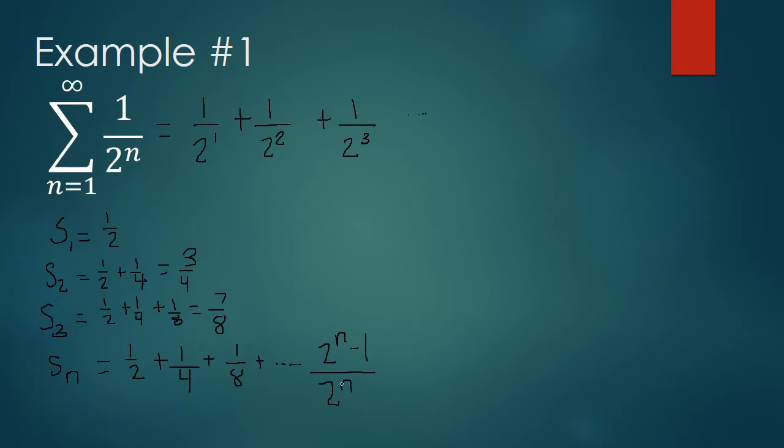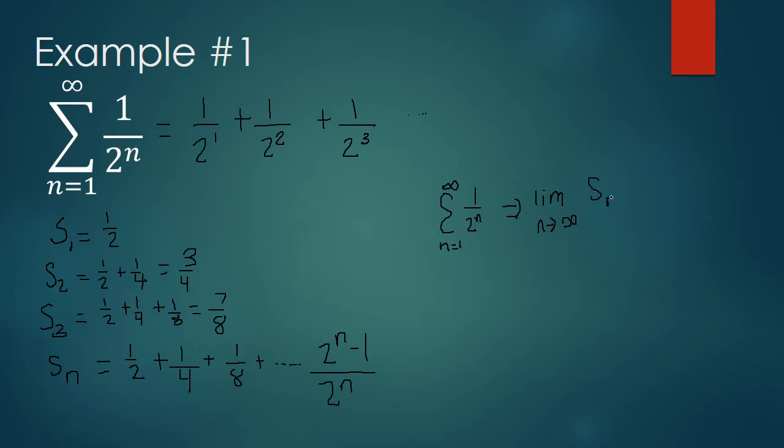Okay, so let's look at this limit. So this sum right here, we'll say the sum from 1 to infinity of 1 over 2 to the n is going to be the limit as n goes to infinity of